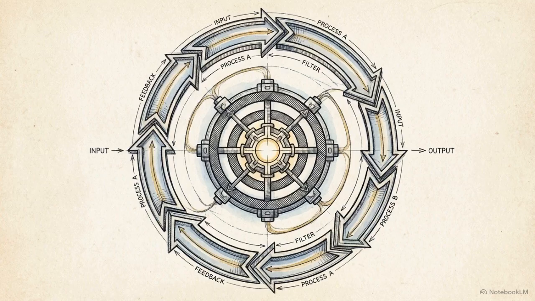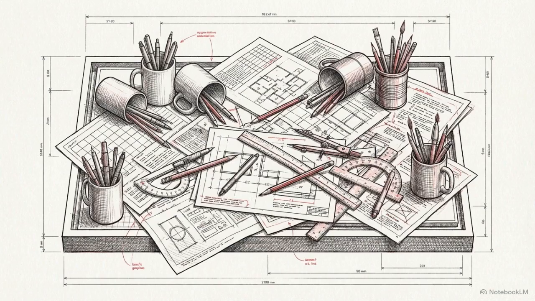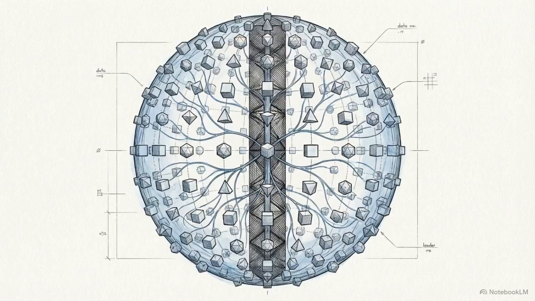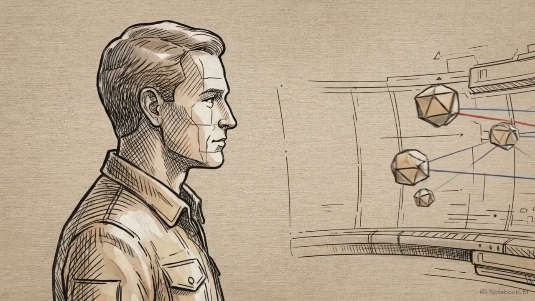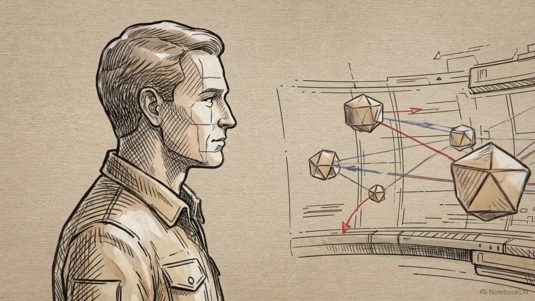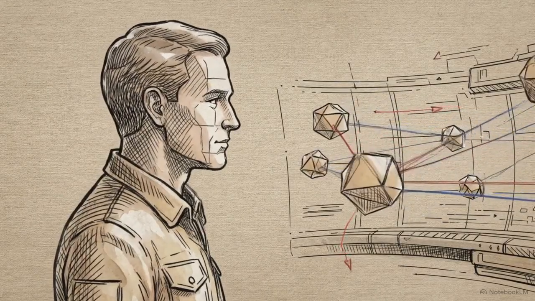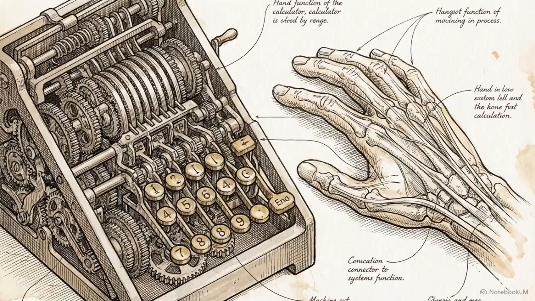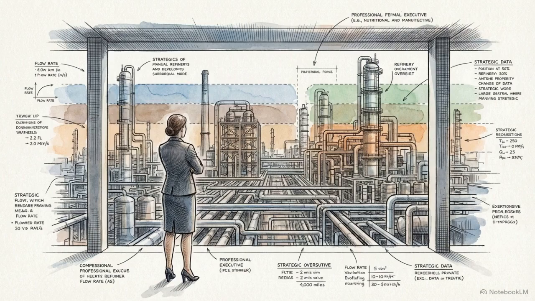An AOS is a closed-loop platform that continuously decides what should happen next. Instead of relying on manual meetings and massive spreadsheets to coordinate crude routing, unit severities, and blend recipes, the system balances thousands of competing variables autonomously. The human operator no longer needs to chase low-level alarms or manually calculate hydraulic trade-offs under pressure. By removing the burden of manual calculation, the human role elevates from a reactive task executor to a strategic decision governor, steering the entire facility precisely where the market demands.